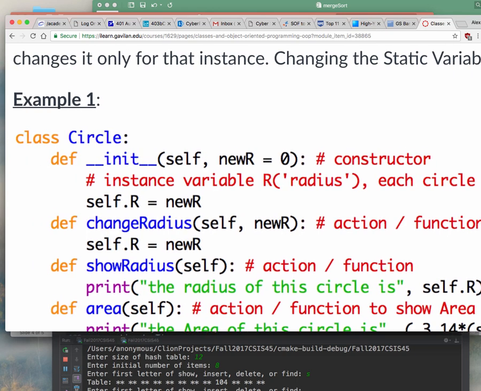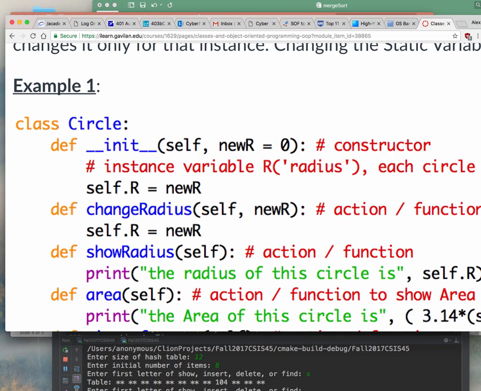So at the very least, each object should have actions to change the properties or to see the properties. In this particular case, this object should have an action to change the radius. So let's say you made a circle with a radius of 0 initially, and then later on say, well, hold on, I want to change the size of this circle.